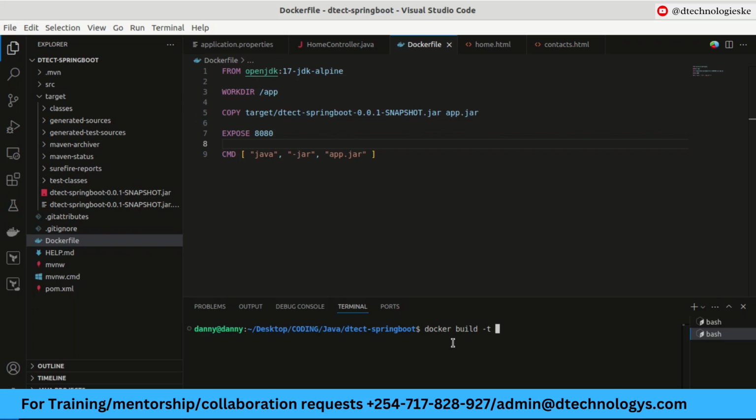In my case, I can just call it java-application, then a space, and then add a dot. This dot simply refers to the location of our Docker file. We see that the Docker file is in the current location, so we refer to the current location with that dot. Once we are happy with that, just press enter